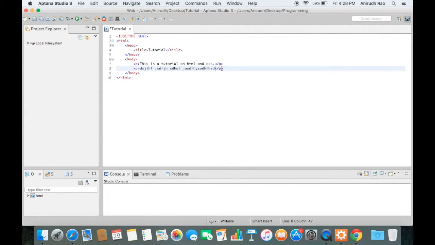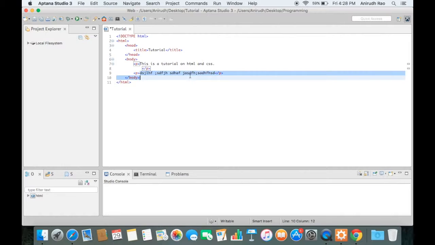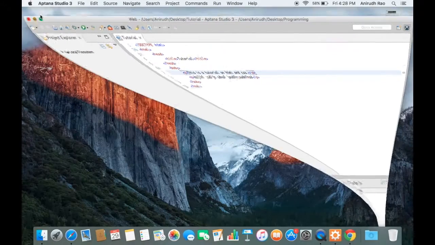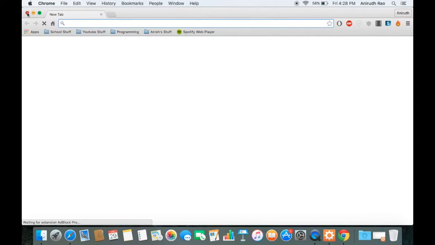It doesn't really change anything. A paragraph is just like a line. So by a paragraph, if you don't put paragraphs, well, first you'll get an error. But if you click enter over there and continue writing all this text in that paragraph, it'll basically be a run-on sentence. It'll continue in the same paragraph. It won't actually click enter. But if you make multiple p tags, this is going to be a different line, and that's going to be a different line. So if I open Chrome right now,